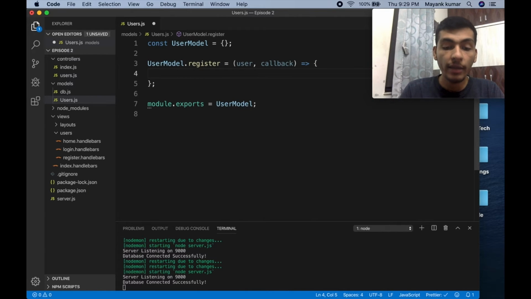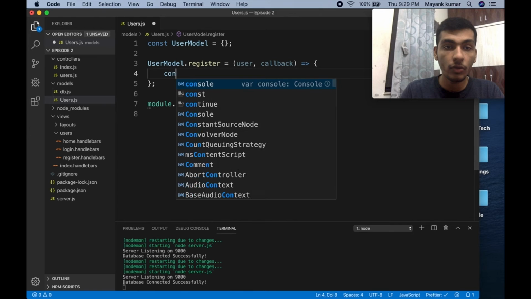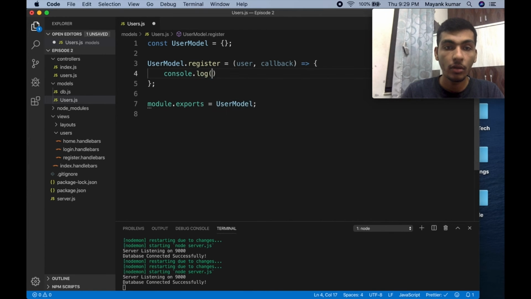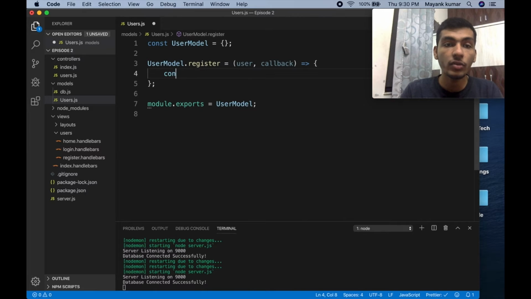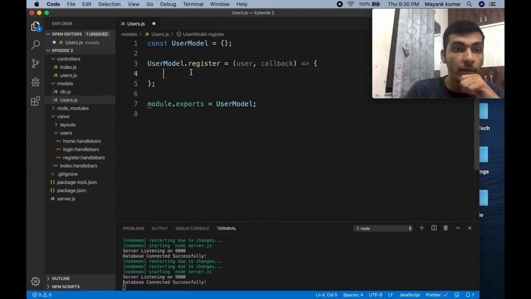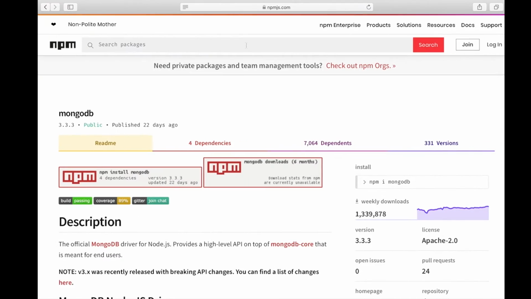So now, guys, if I do this console thing, now I know that the user data is inside the model, so I will just find a way to have the DB object inside here. So what I will do is